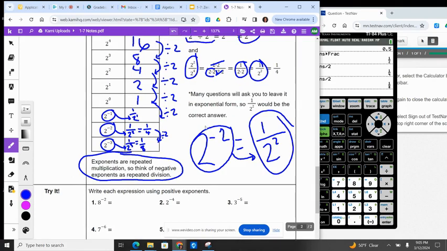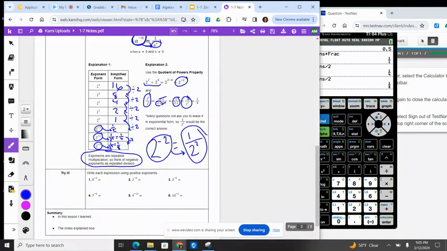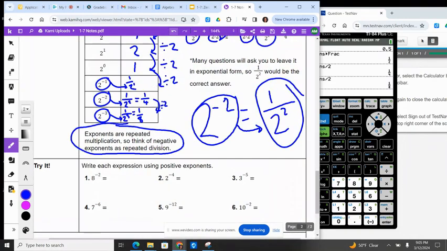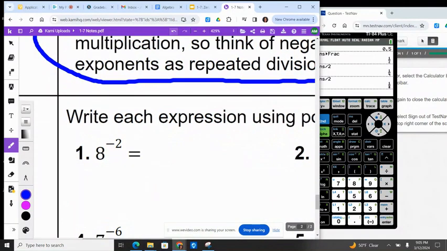So I know that was a lot of explaining why, but I hope you understand that negative exponents are really repeated division. So it's just making a smaller fraction every time it's a bigger negative exponent. Like here, 8 to the negative 2, it's like I'm taking 8 and dividing it by 8, dividing it by 8. So we get